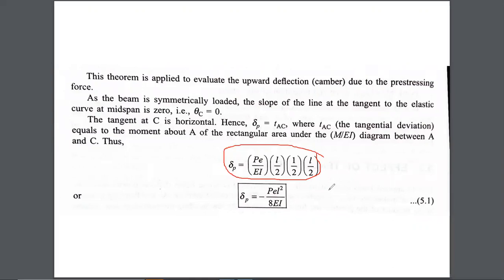So don't be confused. Simply use this formula, delta equal to A x bar divided by EI. That's all. Just apply this formula. This EI value is already mentioned here, so don't put it again. Only calculate A x bar: the area of the bending moment diagram, and x bar, the corresponding distance where we want the deflection. That's all. So this is for the straight tendon.